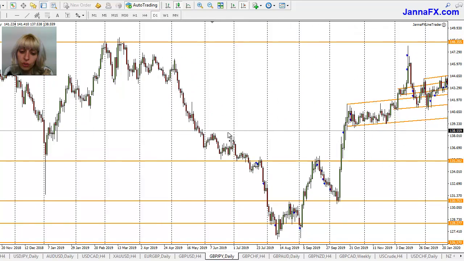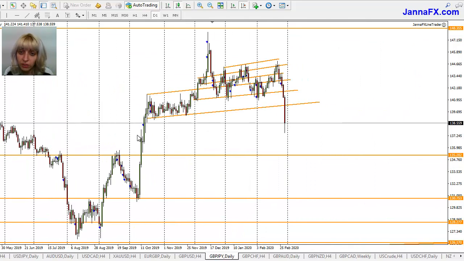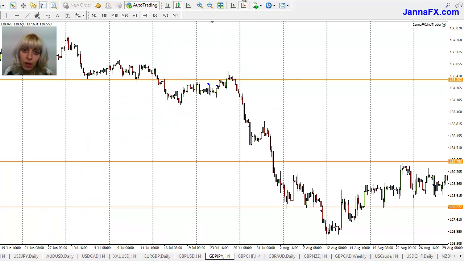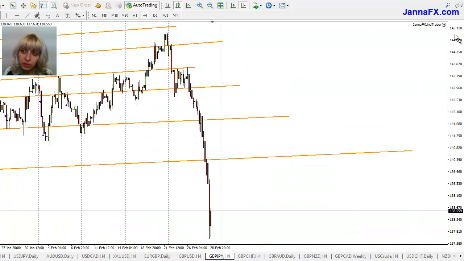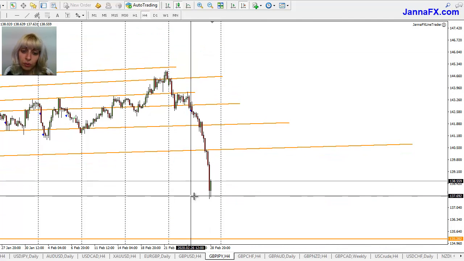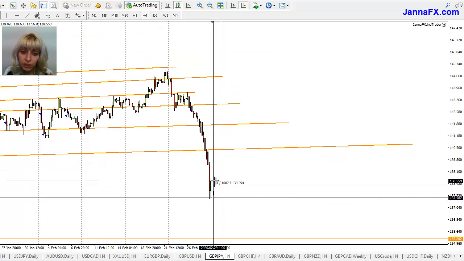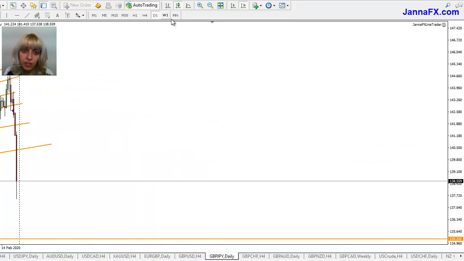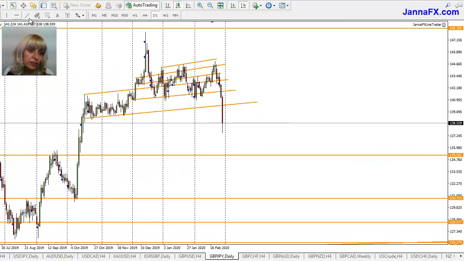But if it continues with the news, especially it's not just Brexit news, it's also yen, right? Because of the coronavirus, more people are buying yen, and so it might continue way down easily to the next level. But we still need confirmation, because you see how much it's jumping and how volatile it is. You see from here, for example, it's pretty much a 100 pips move up. So let's see what's going to happen, if it will start to consolidate